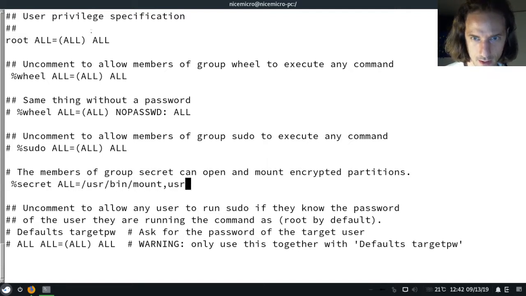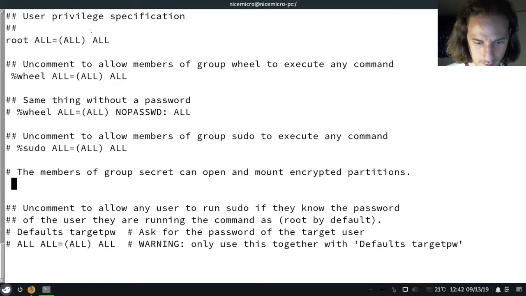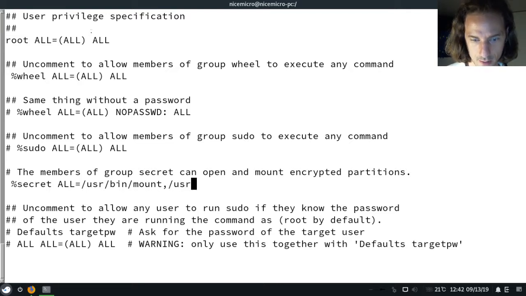and /usr/bin/umount. Okay, percent secret ALL equals /usr/bin/mount, comma, /usr/bin/umount. So if you don't want them to be able to mount anything and unmount anything,